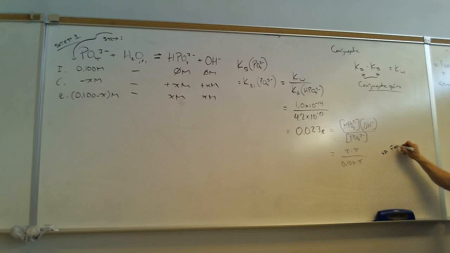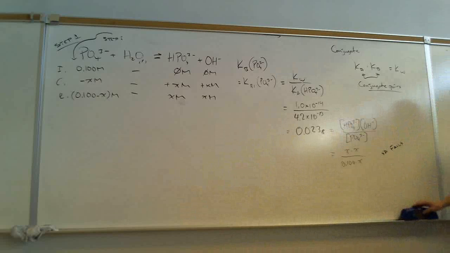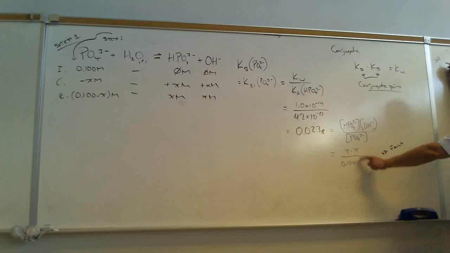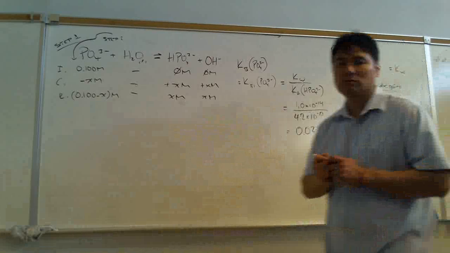If the assumption fails, then what do we need to do? The quadratic. Let's go ahead and solve the quadratic. Let's get a new quadratic form. So this is going to be x squared plus 0.0238x and then minus 0.00238 is equal to 0. And x is equal to